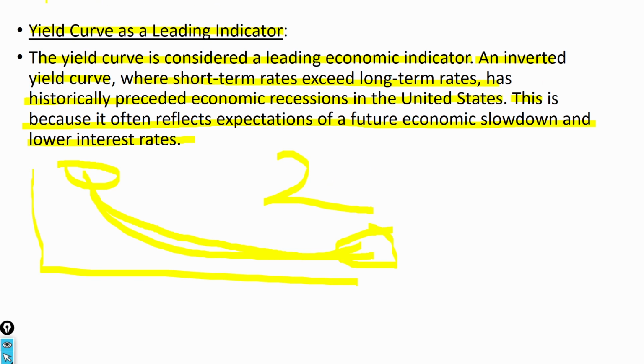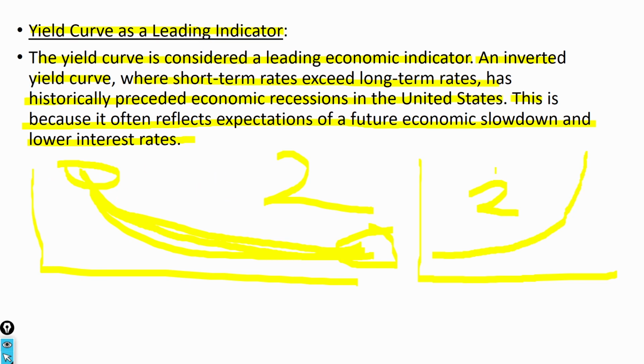The yield curve functions as a leading indicator because even when the economic downturn actually happens, the yield curve again is going to resume its normal shape. That is another leading indicator to show that it's going to take at least 2 years for the economy to resume normalcy. Of course, the difference between the time the shape of the yield curve shifts and the time of the economic downturn or the economic boom